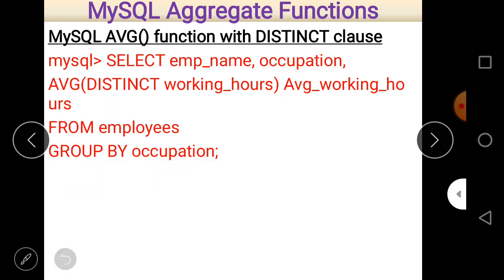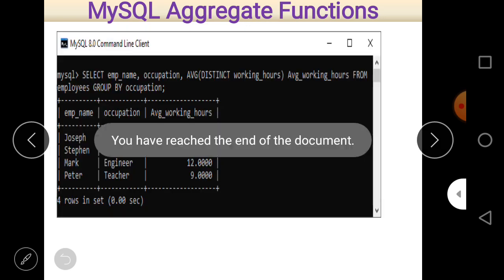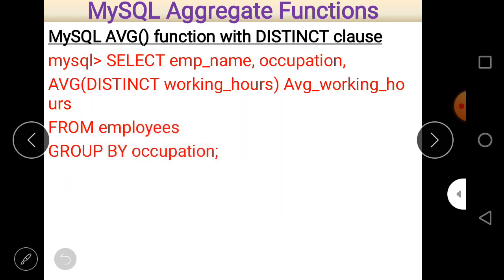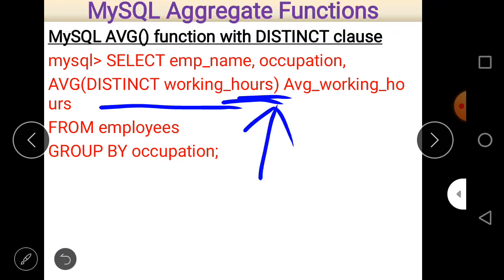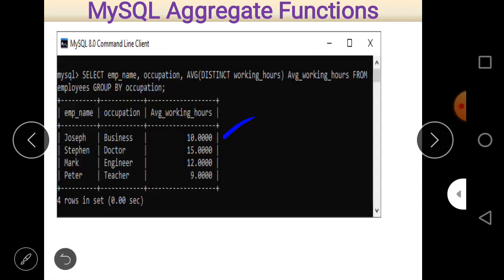So when we use the distinct clause, it means the values which are repeated more than once are considered as one, and only that average will be counted. Then you can see that on the basis of occupation, the final answer looks like this: 10, 15, 12, and 9, because these are the single values.